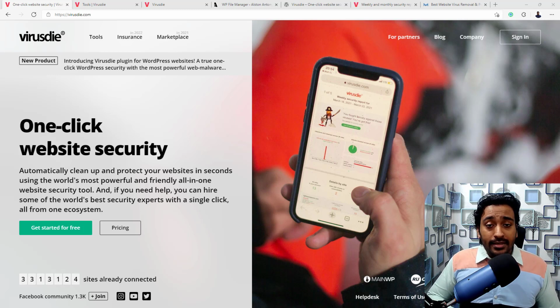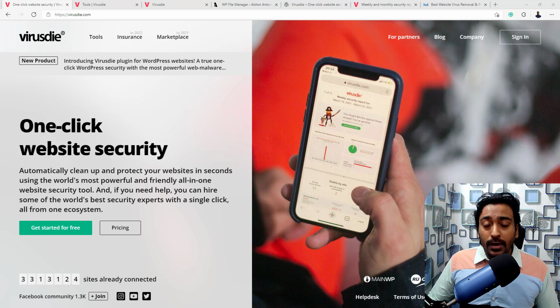Both of these options have their own pros and cons, so depending on that and your personal preference, you can choose whichever one you want. Me personally, I like to keep all my security solutions outside my website installation for better management, and also to keep my WordPress or website installation as lean as possible, and to make it easier when I'm offering services for clients. That is why Virus Die is one of my personal favorites, which I've been using for more than 2 years. So I thought of creating this video to explain it better.